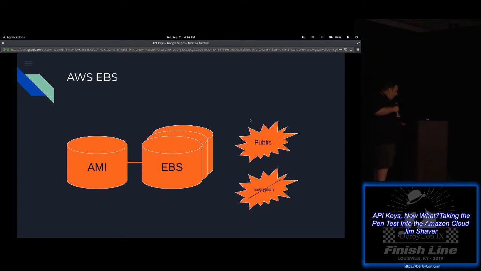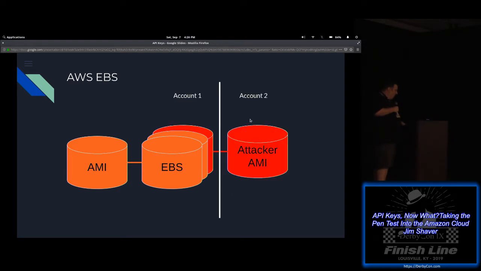So what he figured out how to do was, from a totally different AWS account, take a snapshot that has been taken and then connect to it with a different AWS image and then read the data straight off the disk and potentially exfiltrate it however they want to, okay?